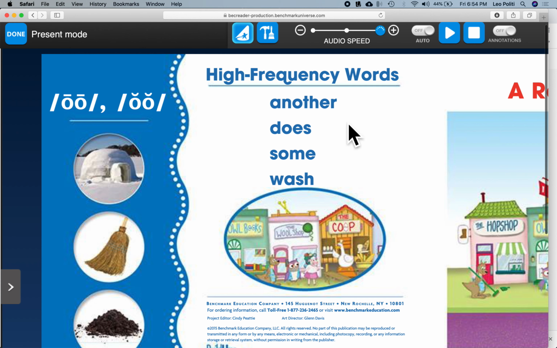Another. Okay, you might say, that was good. Can I have another cookie? Okay, next, does. You can say, does she need a napkin to clean her hands? Okay, next, some. Can I have